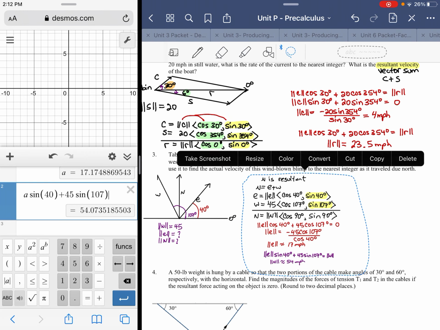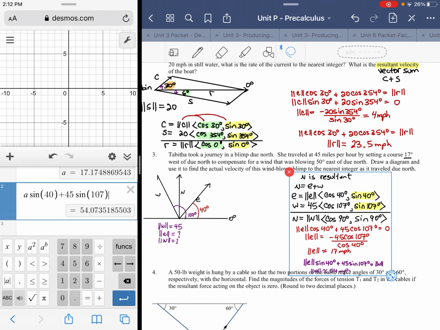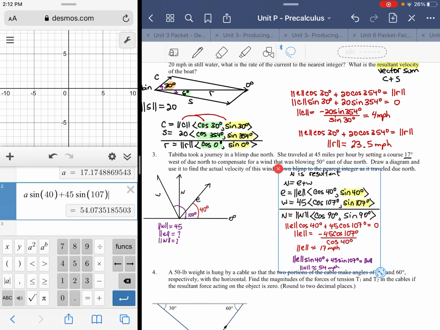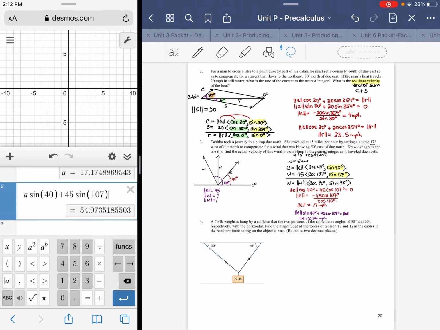All right. She aimed her blimp at that angle west of due north, setting it for 45 miles an hour, but then she gained some velocity based off of the wind. All right, so she gained an extra 9 miles an hour out of the 17 miles an hour that the wind was providing in its direction. All right, so that's actually where